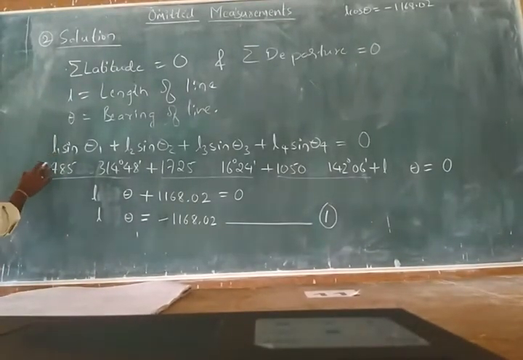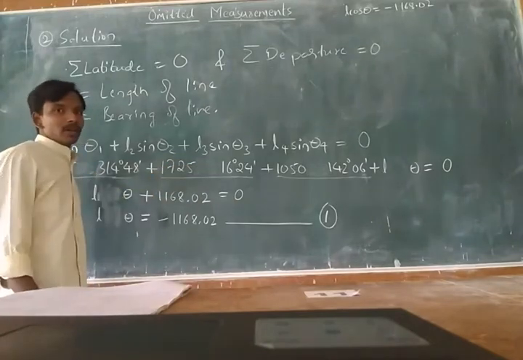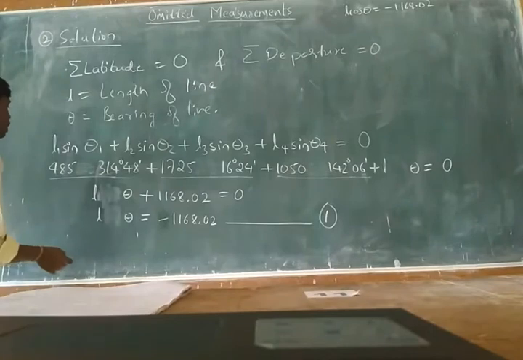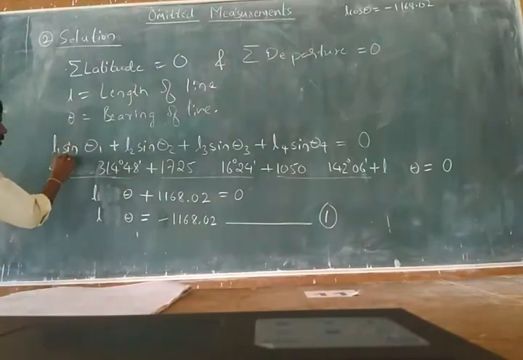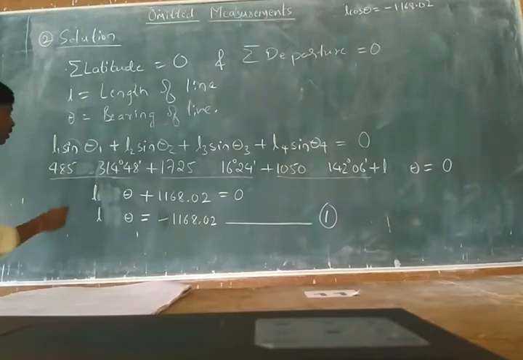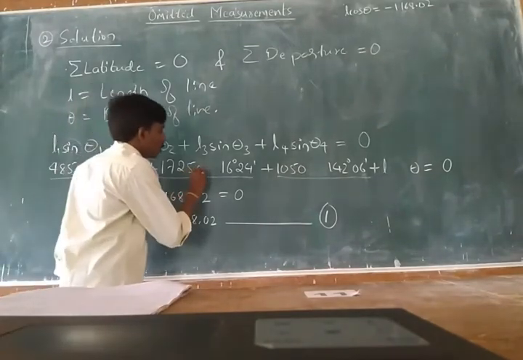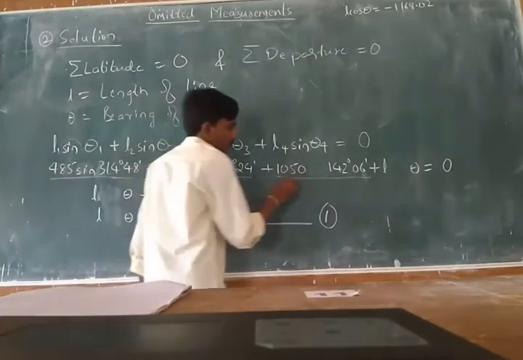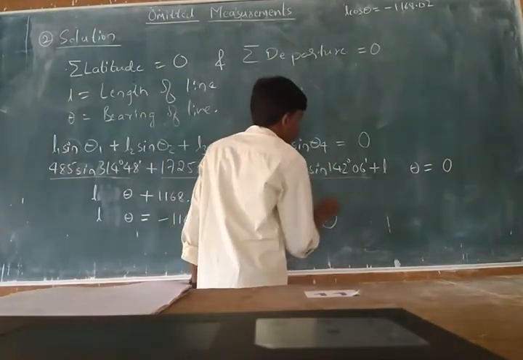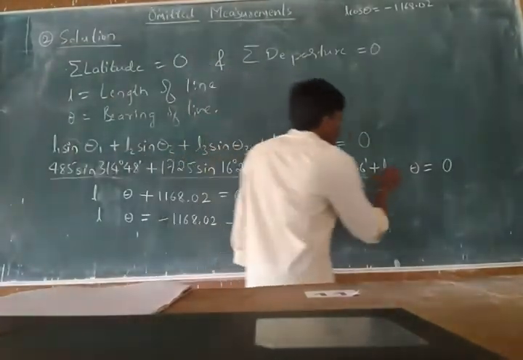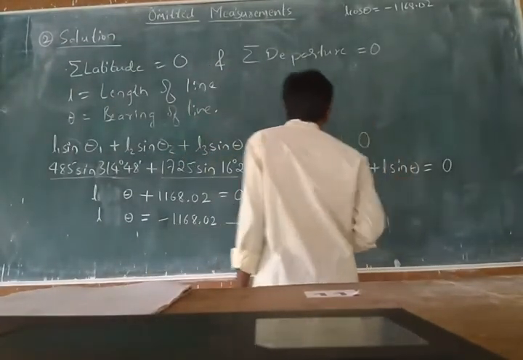So as I have already substituted for latitudes, the values don't change, just the changes here. Instead of cos we have to substitute sin. So I will write sin here for all the numbers here. Sine. So here sine.